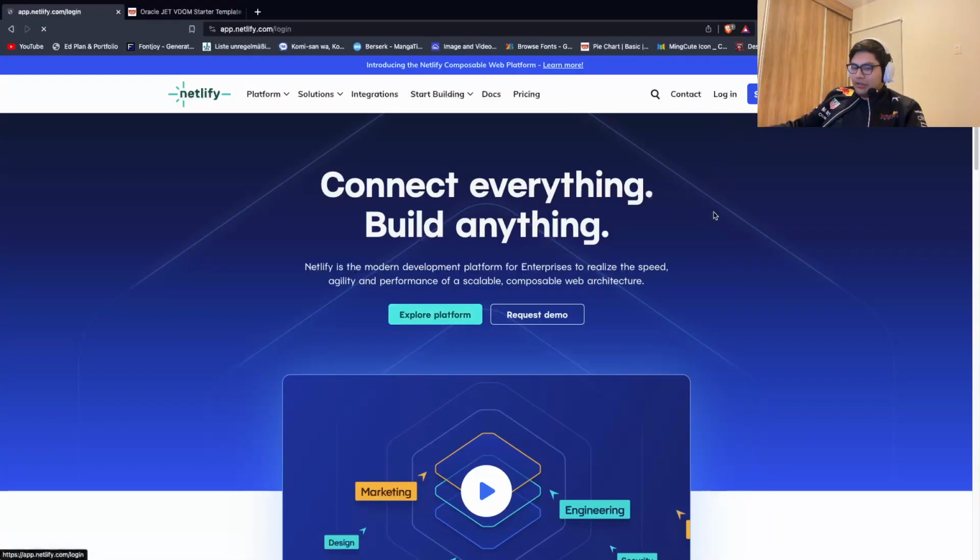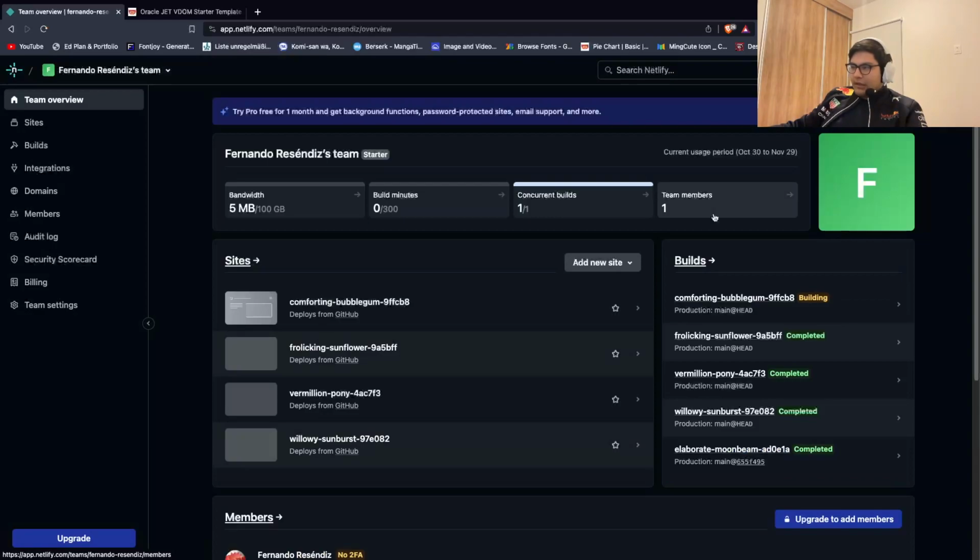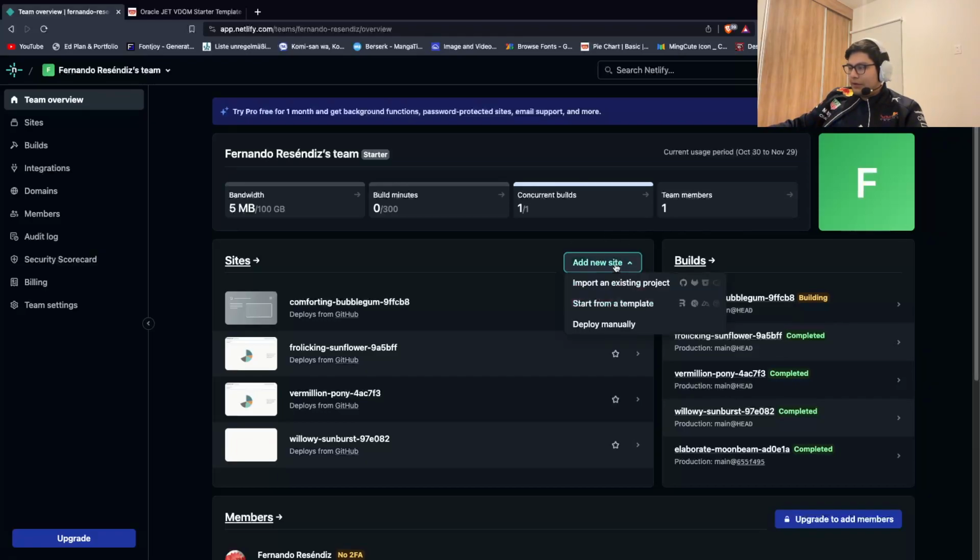You just need to log in to your Netlify account, and when you log in, you also need to link your account to your GitHub profile because it will grab the source code from your GitHub profile. So you also need to publish your code to a GitHub repository. But once you have your account linked to your GitHub profile and the project published in your GitHub,